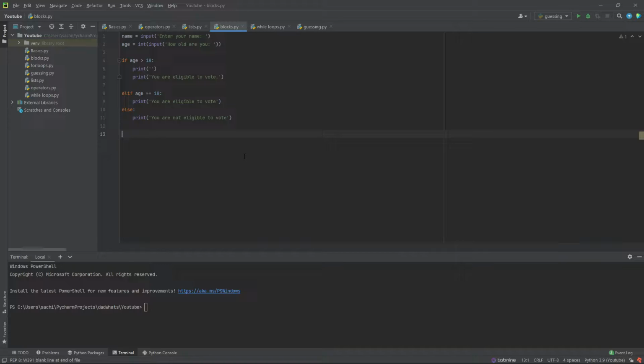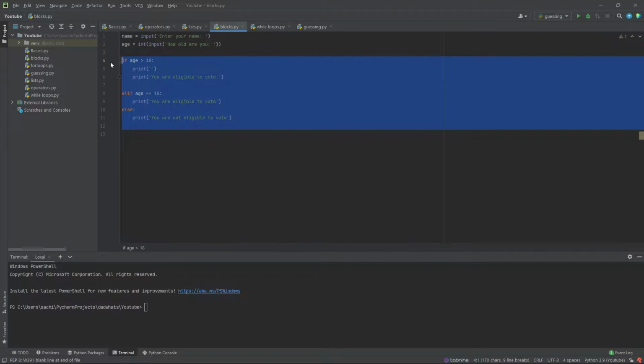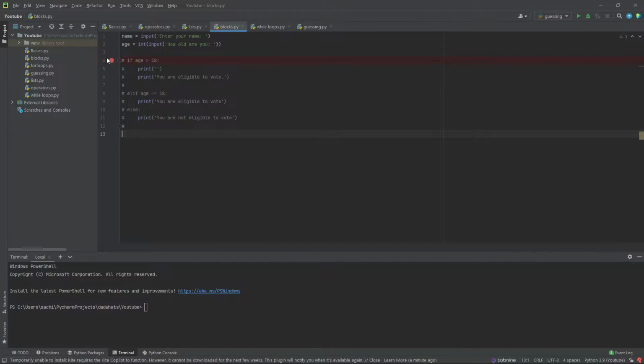So let me first type in some code and then I'll explain it to you line by line. We'll just comment out the previous code which we wrote and write new code. Let's say that people get retired at the age of 60. So let's write code where the user will input the age, and if the age is between 18 and 60, then the message printed will be good luck for the work. And if the age is lower than 18 or greater than 60, then the message will be enjoy your free time. So let me write the code and then I will explain.